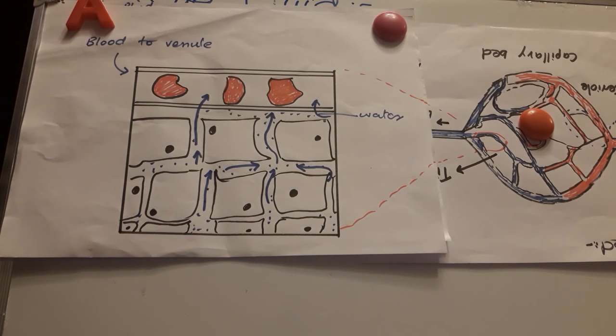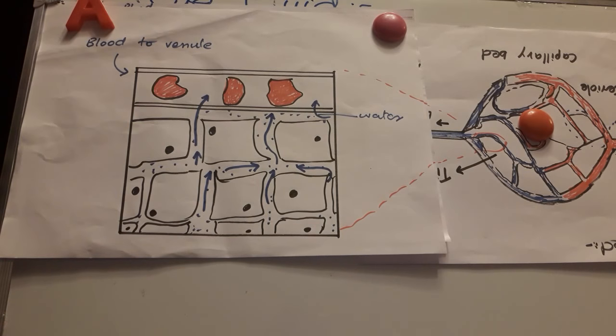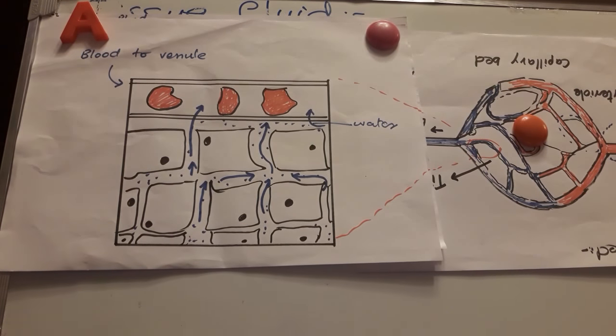Any excess tissue fluid is drained into the lymphatic system, which transports this excess fluid from the tissues and dumps it back into the circulatory system. So this is all about the